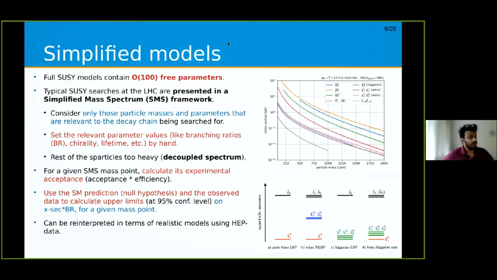Now, how do we really search for SUSY at the LHC? A full SUSY model, as you know, has lots of parameters, of order 100 parameters. That makes it really complicated to search for at a real experiment. So what we do at the LHC is we present a search in what is called a simplified mass spectrum framework, which is that we consider only